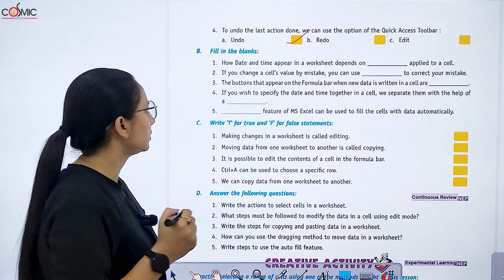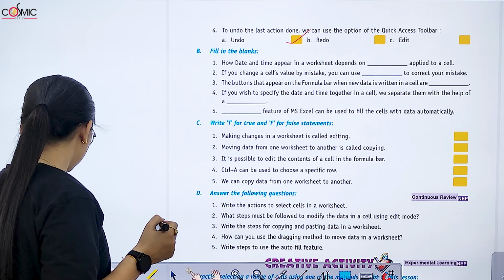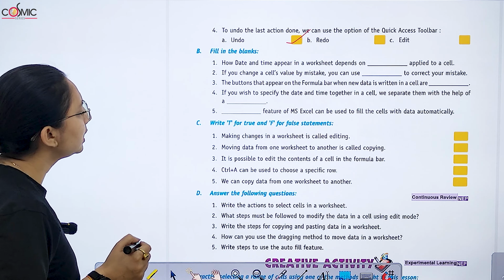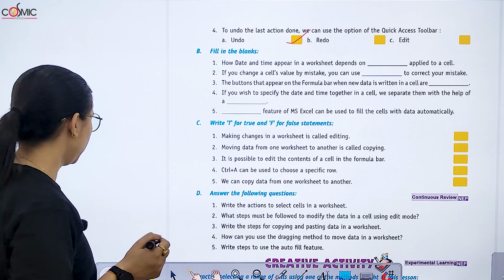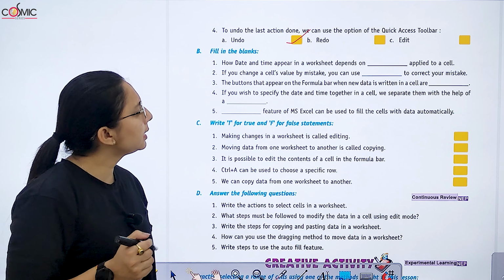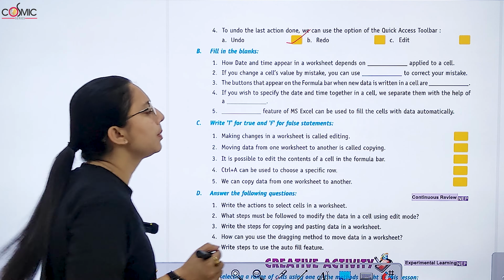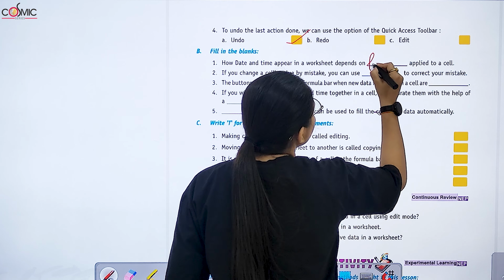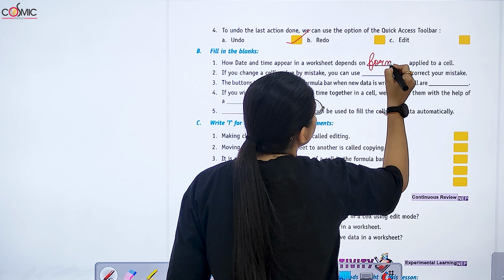Undo options. Now fill in the blanks. How date and time appear in the worksheet depends upon the. किस पे डिपेंड करता है? फॉर्मेट